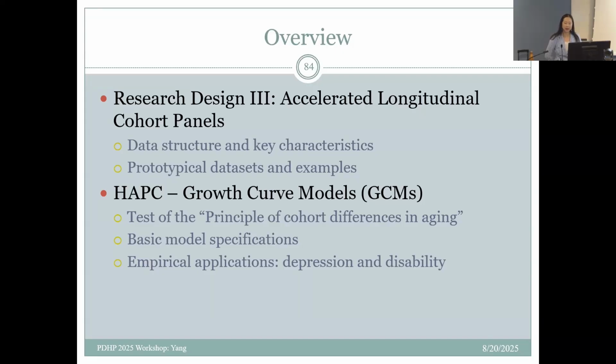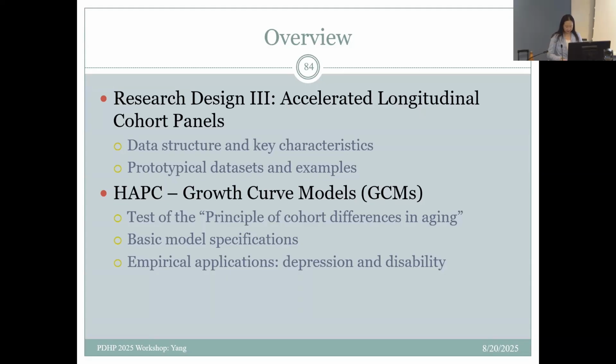Then some basic model specifications you can use to test it, and then the empirical applications of depression and disability, using a locally housed, one of my favorite data sets in social science of all time, Americans' Changing